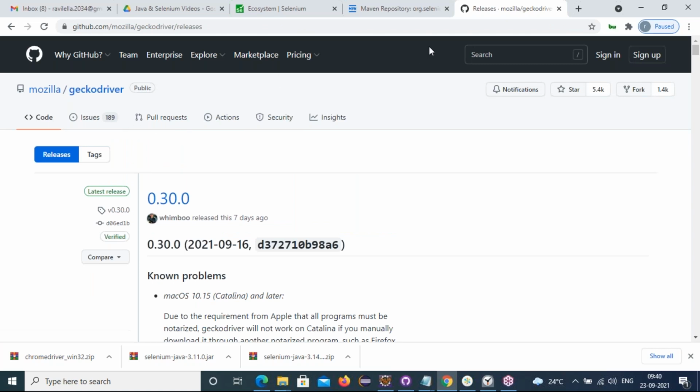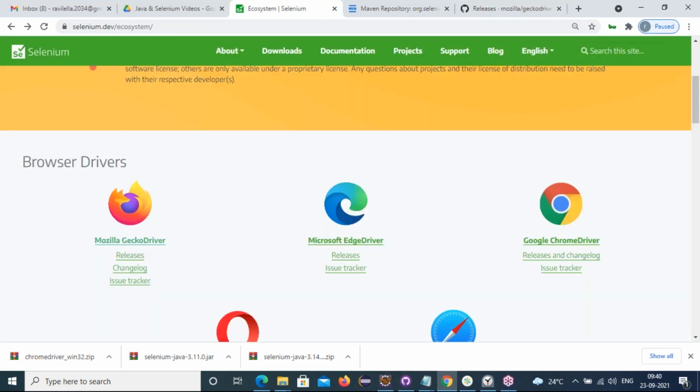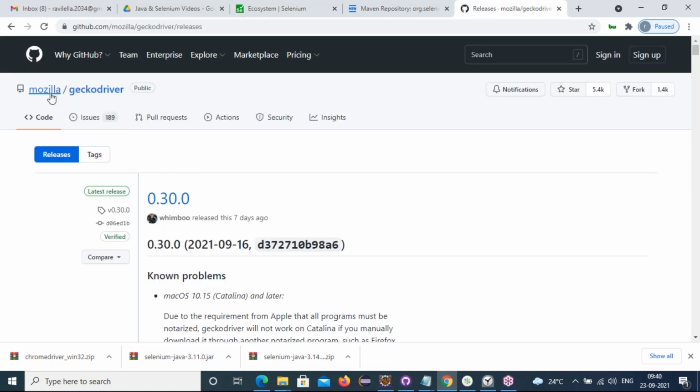Now we can see, friends. Just search with Gecko drivers, Gecko driver exe files. Gecko driver downloads. Then we click on the first link, then we get here. Actually, it has to come, but there is some technical issue there, I guess. When I am clicking on releases of Firefox, it is going to Microsoft Edge. So there is no help. Just Google it, we can find it here.